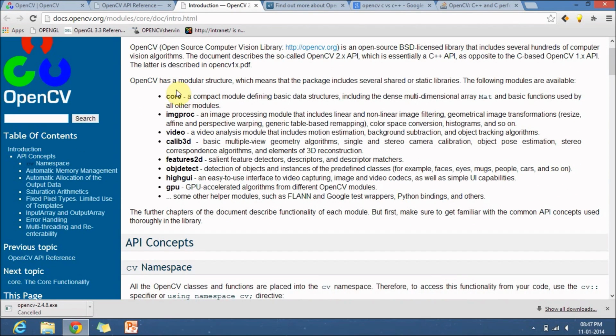OpenCV has a lot of modular structures, or packages, clubbed into many categories.